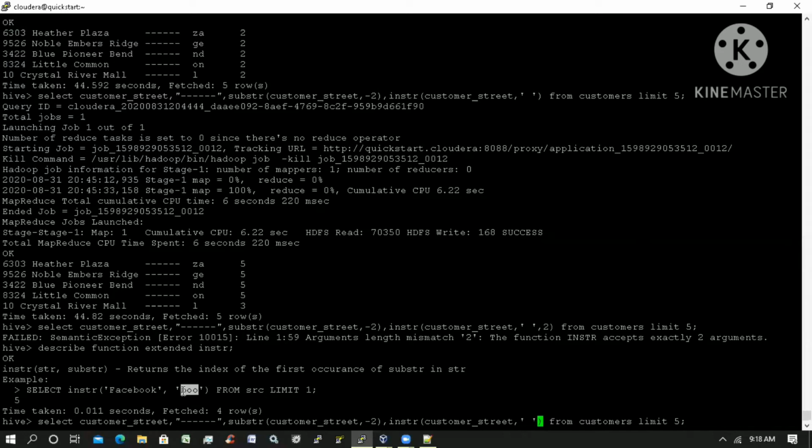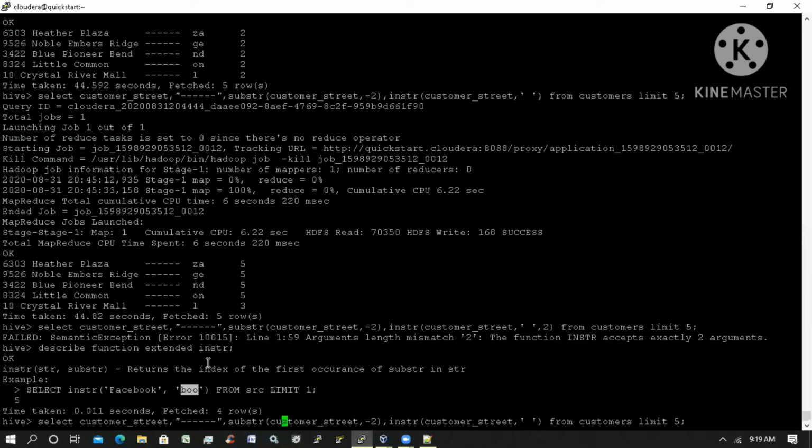Now I want to identify, as I said in the first example, I want to fetch only the part before the space. Before the space is the door number kind of thing. Before this space, I want to cut the value. How can we do it?